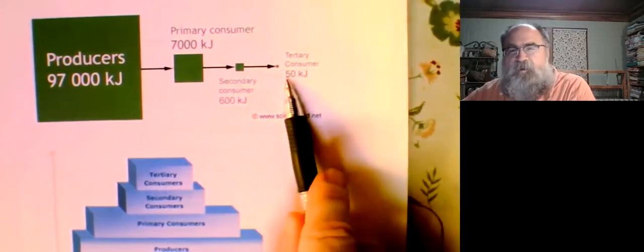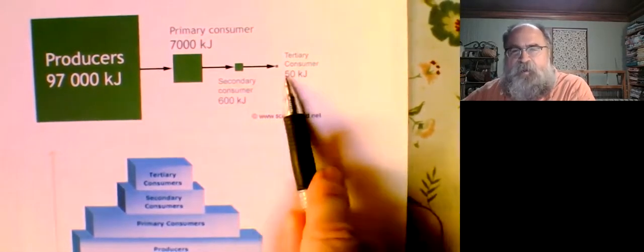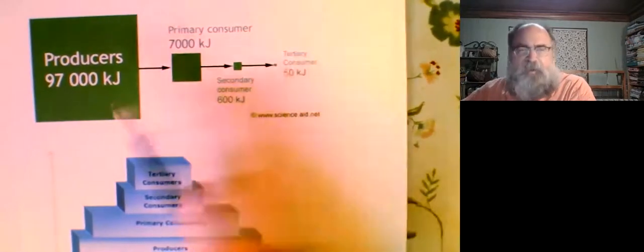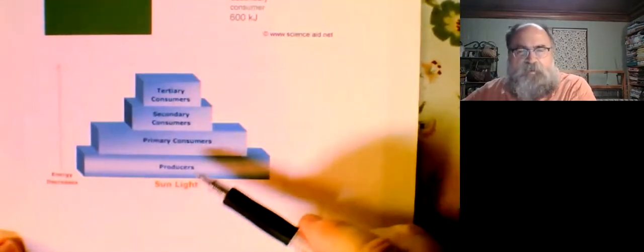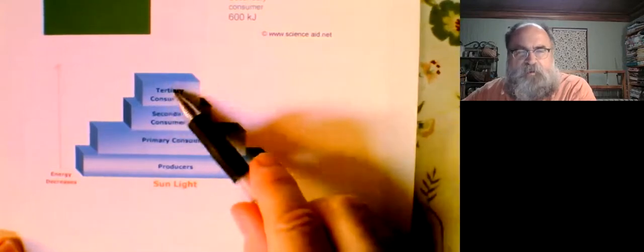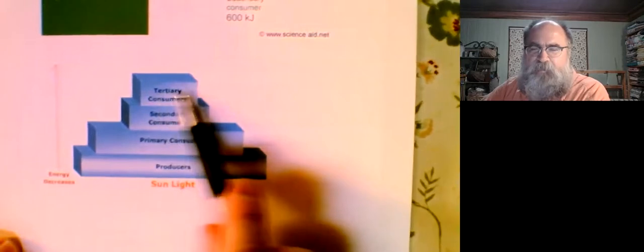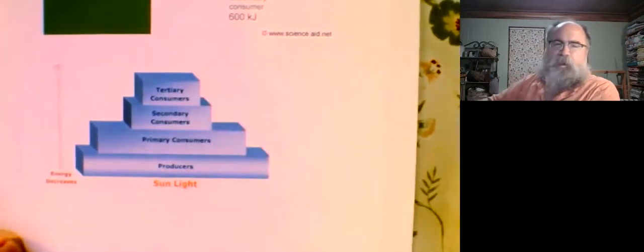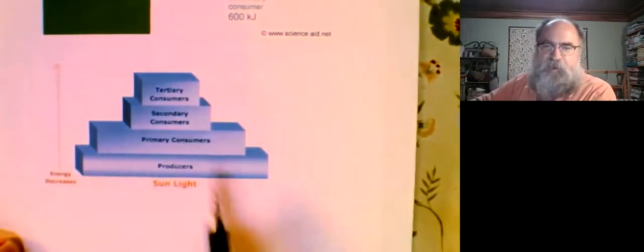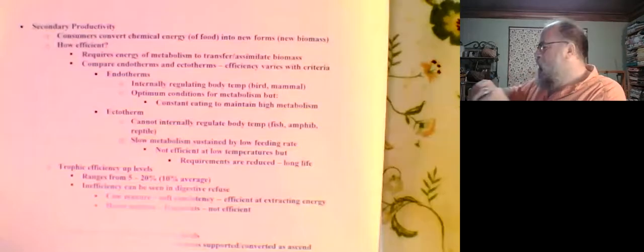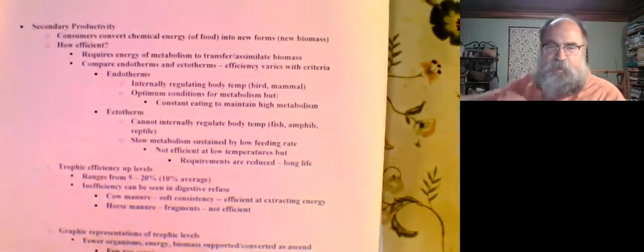And then here, tertiary, 50 kilojoules, well, that's less than 10%. We tend to go with 10%, but we look producers, primary, secondary, tertiary consumers. Up here, this would be the top apex predator. And as we see the biomass, as we see all the energy going less and less as we go up,